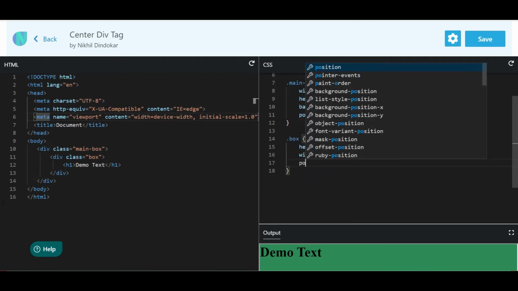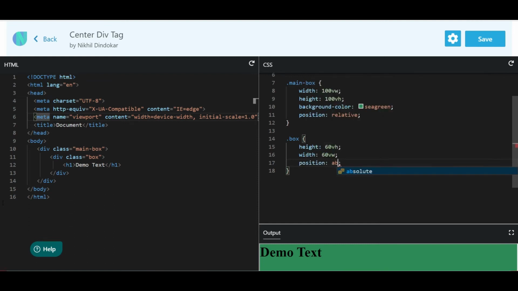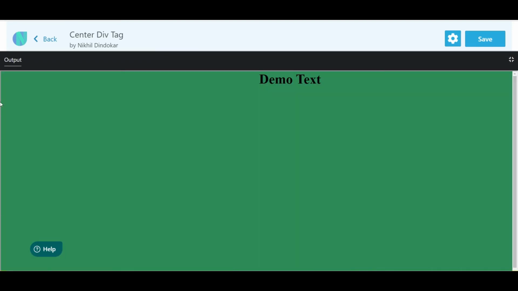And position absolute, and now we get the four side options. So first we will add left, because we want 50% from the left. You can see that now it takes from the 50%.